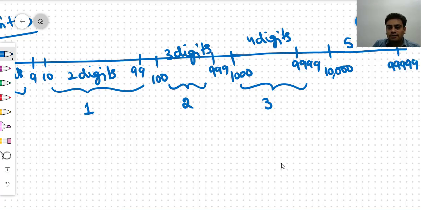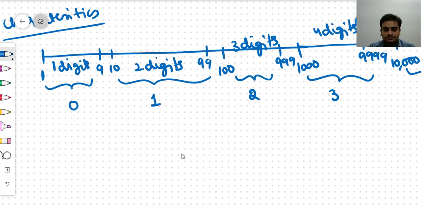So all numbers will be 5 digit numbers. So here your characteristic will be 4. This is the way to remember that if your characteristic is, say, 1 digit, you will take 0 as your characteristic. If your number is 2 digit, you will take 1 as your characteristic. If the number is 3 digit, then 2 will be your characteristic. 4 digit, 3 characteristic. 5 digit, 4 characteristic. So it is one number less than the number of digits to the left of the decimal. This is basically the meaning of the criteria.